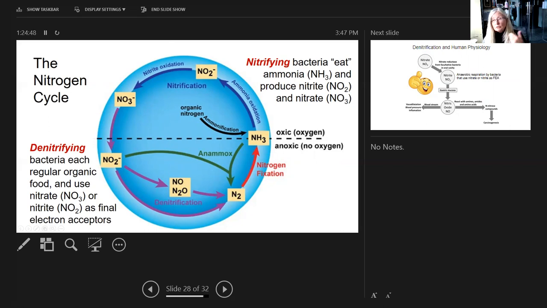Obviously they're important to the outside world, but we can't use them as building blocks. We can't put them into our biomolecules, but they're necessary because we need them to get back to the forms that are. So organic nitrogen, inorganic nitrogen, and it's this giant cycle that occurs,